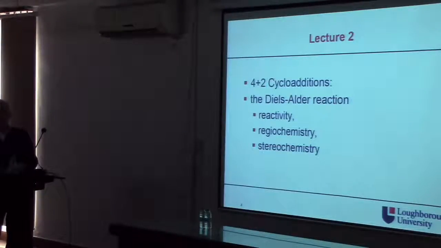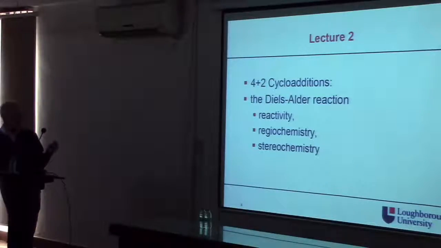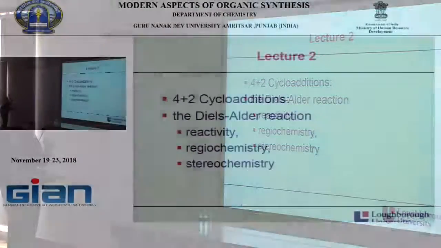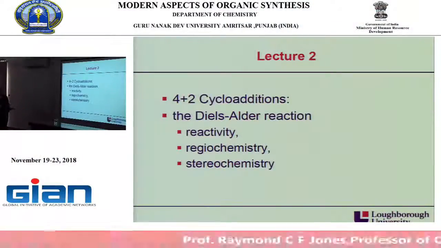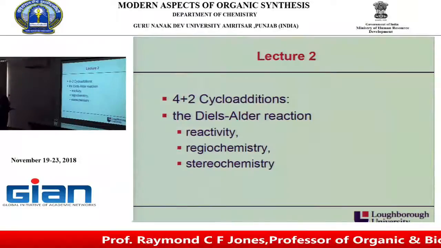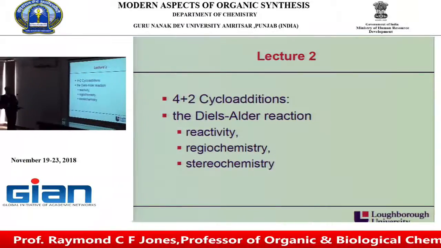There are other types of cycloadditions which are not 4 plus 2, but I'm focusing just on this group, and in particular, amongst them on the Diels-Alder reaction, which is 4 carbon atoms plus 2 carbon atoms to make a 6-membered ring, or as we will see, 4 pi electrons plus 2 pi electrons going into the reaction. The reason I'm focusing on that is because of the importance of the Diels-Alder reaction in organic